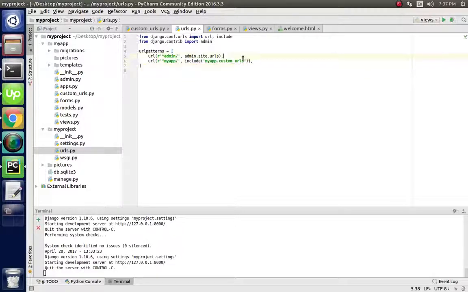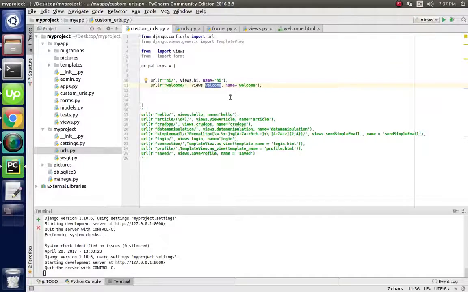You can define many types of apps here, so it becomes very easy to define your custom URL for each app. In such a way I defined a custom URL for the app. Just write this include, and in my app I defined a custom urls.py and included it here.